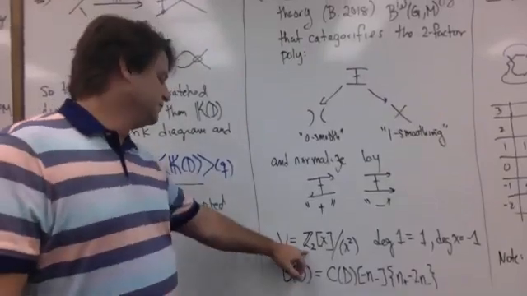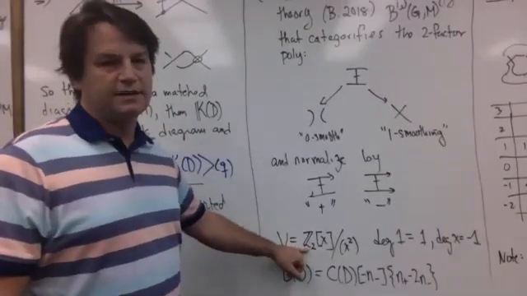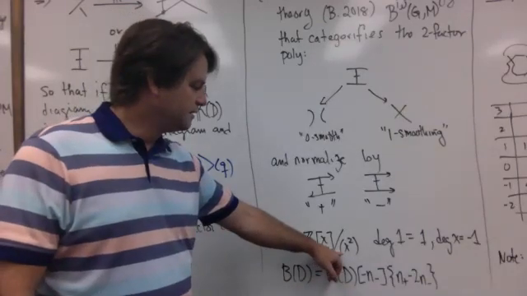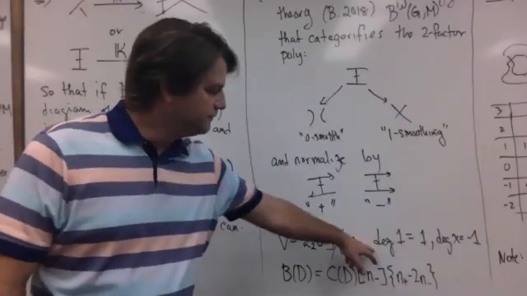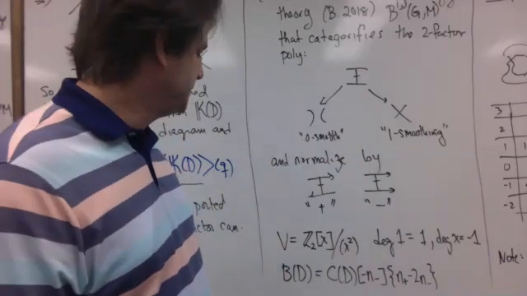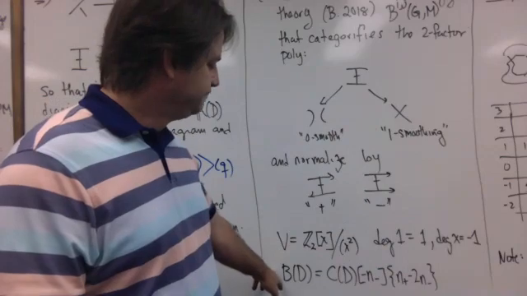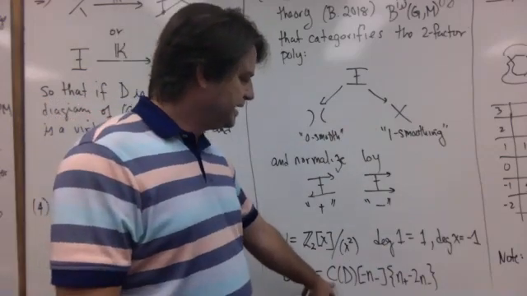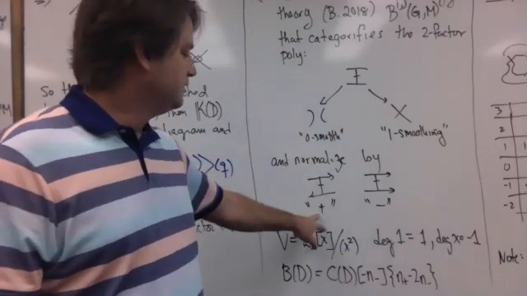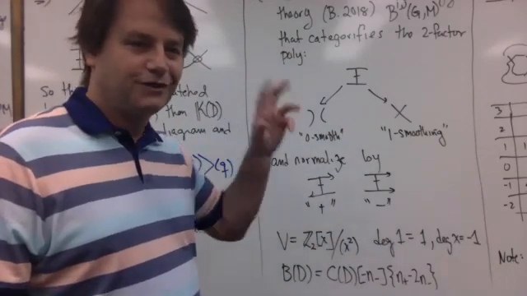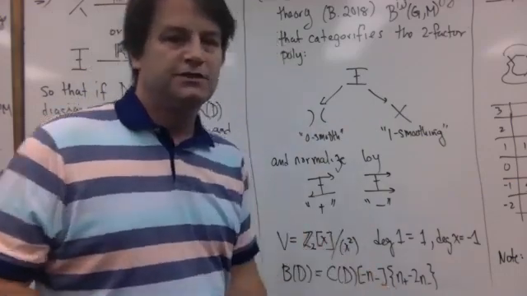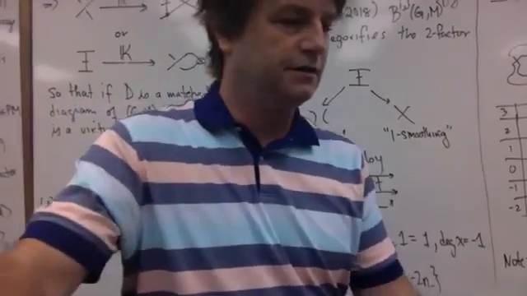The vector spaces you're going to choose have Z2 coefficients. That's important. And then mod x squared, with the degree of 1 being 1 and the degree of x being -1. All should look familiar to Khovanov. People have studied Khovanov homology. And then you have the diagram, and you normalize by the number of plus crossings, in quotes, and minus crossings in this form. So let's see an example real quickly